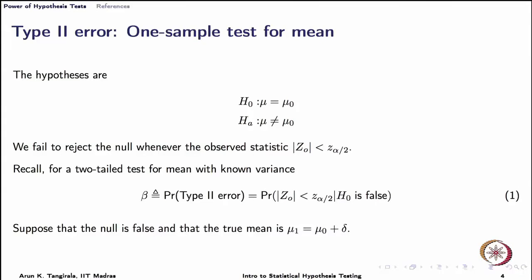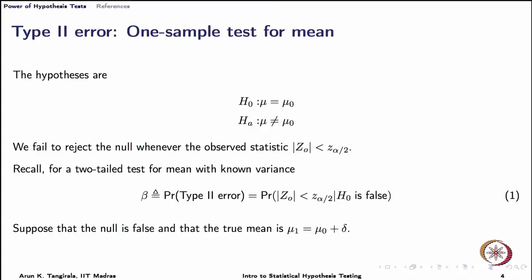As I mentioned early on, we restrict ourselves to the one sample test for mean, and the entire discussion is built on this, but the concepts are quite universal for other hypothesis tests as well. So, let us now look at the one sample test for mean and talk of the probability of type 2 error.